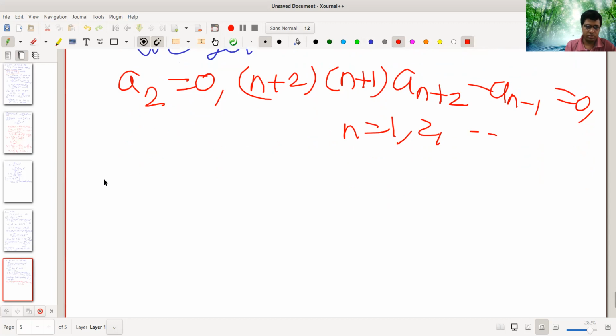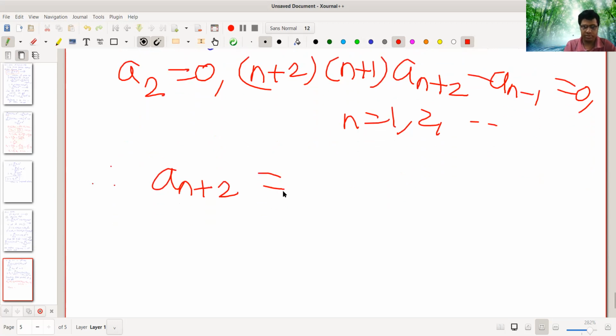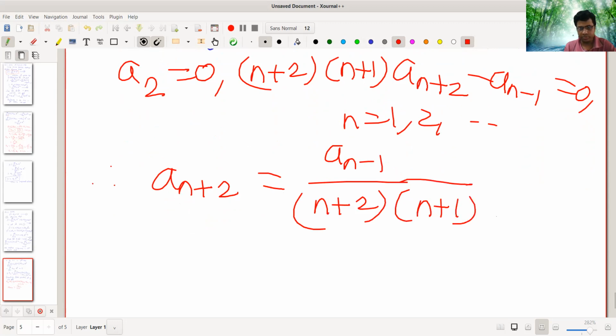Therefore a_(n+2) equals a_(n-1) divided by (n plus 2)(n plus 1), for n equal to 1, 2 and so on. Okay. This is a recurrence relation. Now we try to find values of all these terms, say a3, a4, a5 and so on. Okay. So let us substitute n equal to